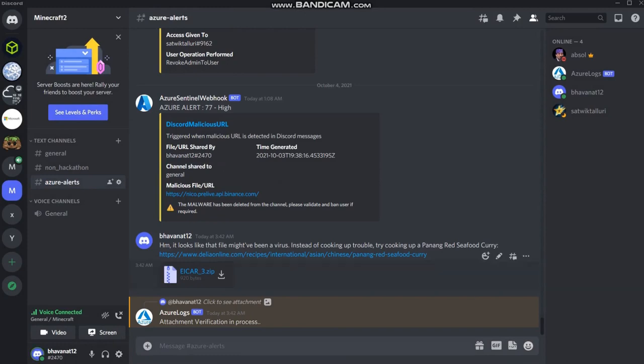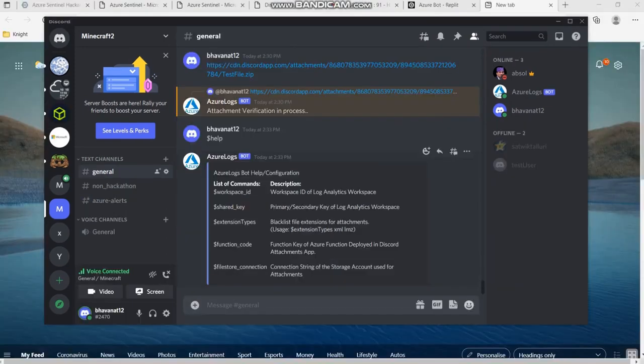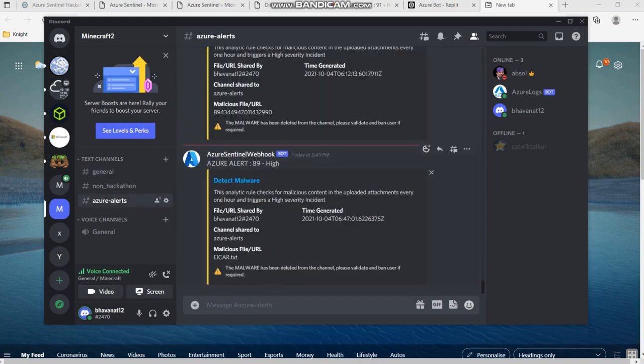So now in our current model, we have uploaded a zip file containing the virus, and let us see how this is detected in the current solution that we have. So we have previously uploaded a malicious attachment in Azure Alerts channel, and this has been sent for processing by our solution. We see that we got a high alert triggered, and if we go into the details, we can